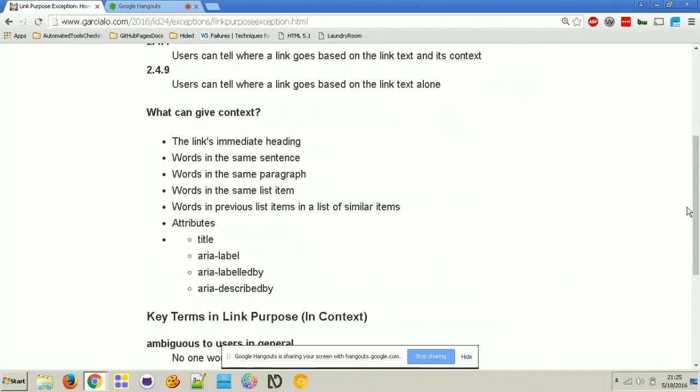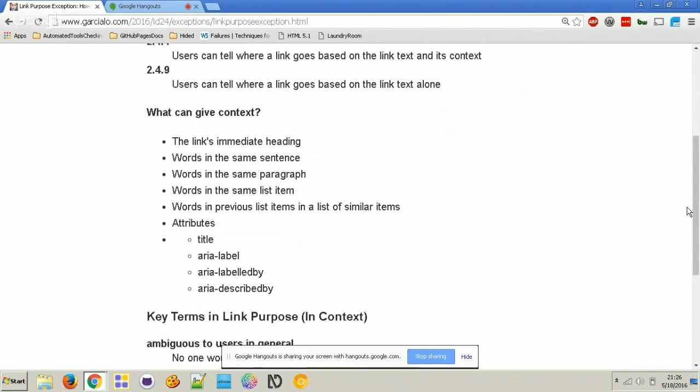The example presented in WCAG for this situation is if you have download links. So you have, oh, download this map, or download this document in HTML format. If that's the first item in the list, you could have other items in the list which, instead of saying download this content in HTML format, or download this in PDF format, or download this in Word document format, you could just have just PDF, just Word, just Excel, or whatever. As long as the first one's described, it can provide context for the other list items in the same list if they're all related.